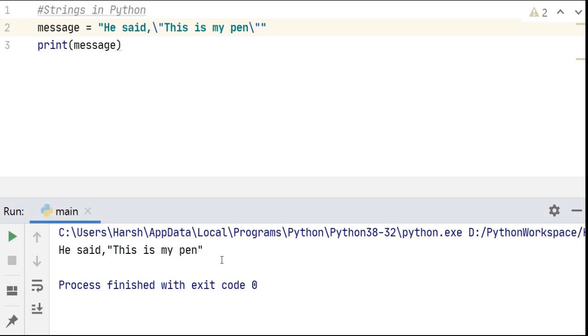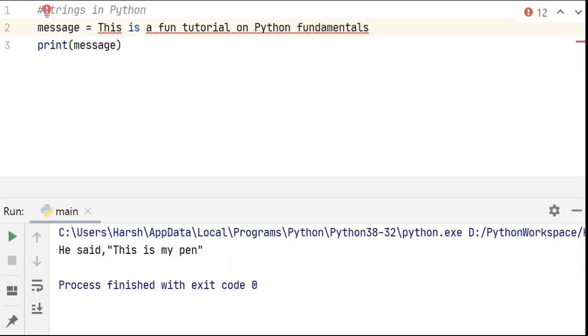Escape sequence is also widely used for a new line character in the string. This is done by using \n. So let's see an example of this. Let's say I have a string "This is a fun tutorial on Python fundamentals." And I want to print "on Python fundamentals" on the next line.